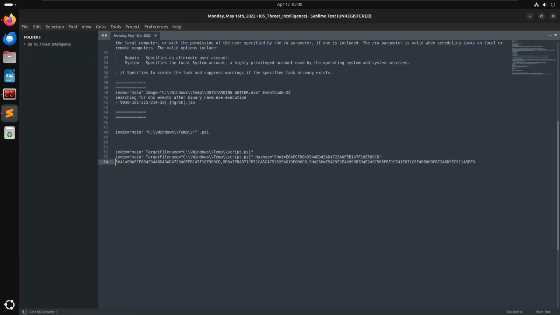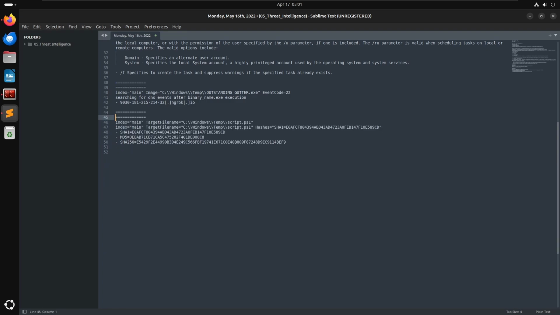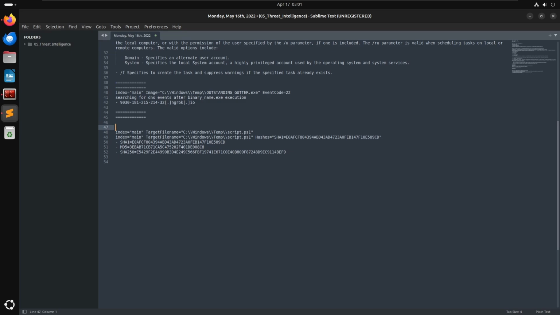There we go. Cool. Next main. I guess we can get rid of this. Checking for hash value of